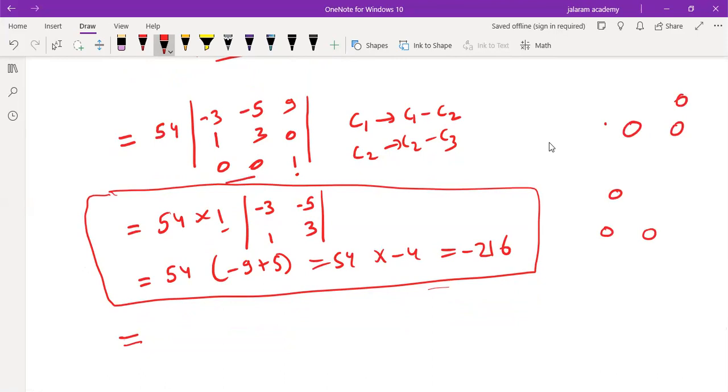2 zeros are already there. So either we will add 0 in this row in the first column, or we can add it in the second column. So if you multiply first column by 3 and subtract it from the second column, if you multiply first column by 3, it becomes minus 9, 3 is 0. And then subtract it from the second column, minus 5 plus 9, 4, and 3 minus 3 is 0. So there will be an L of zeros. This 3 becomes 0 when we multiply column 1 by 3 and subtract it from column 3. So this method is better.